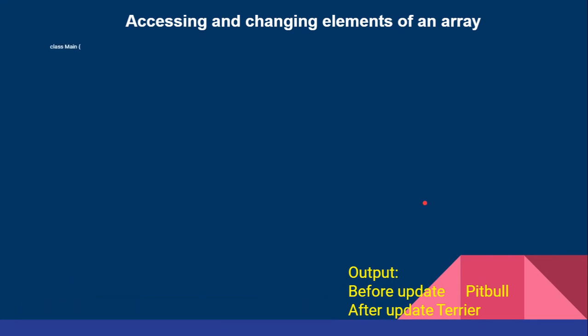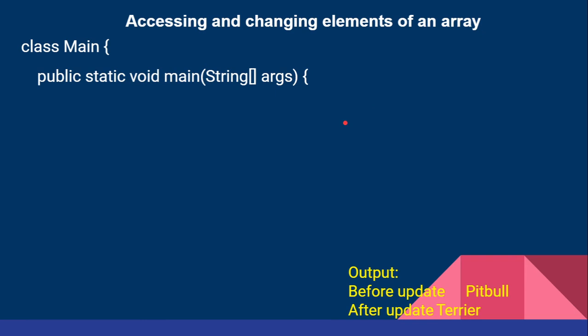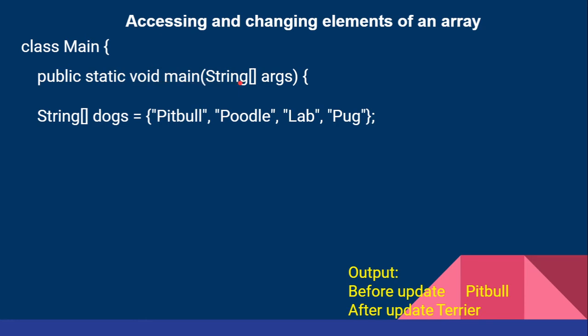Now let us see how to access and change the elements of an array using a simple Java code. We are given a program, class Main, public static void main String args, and then we are creating an array called dogs which has the 4 elements pitbull, poodle, lab and pug. These are all the names of the dogs. And then